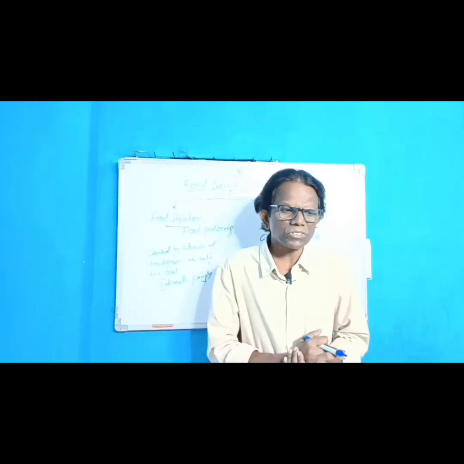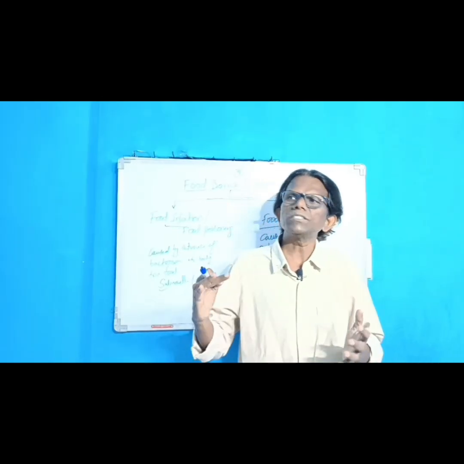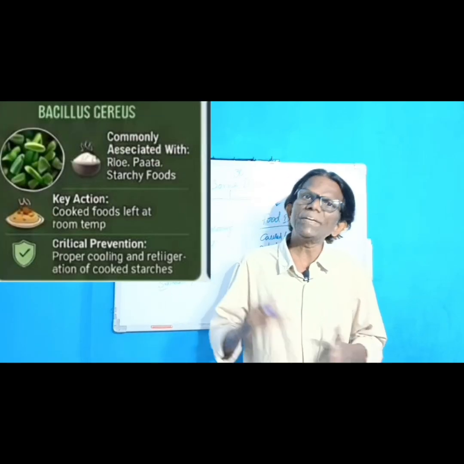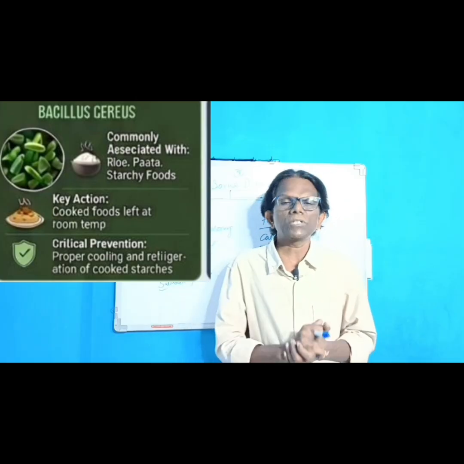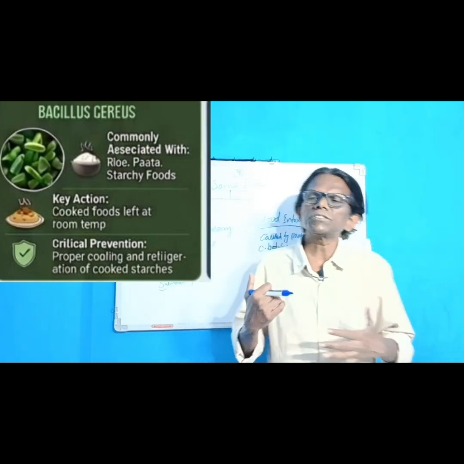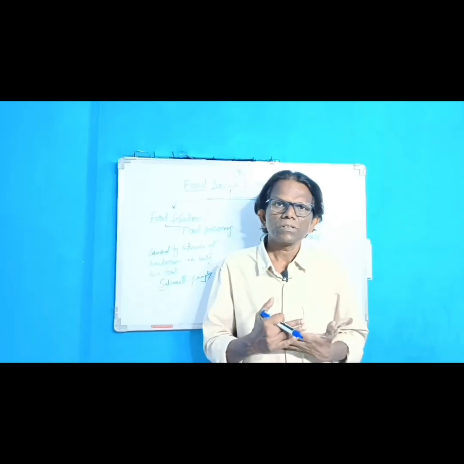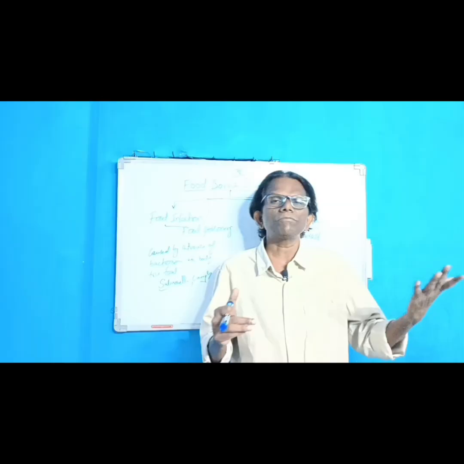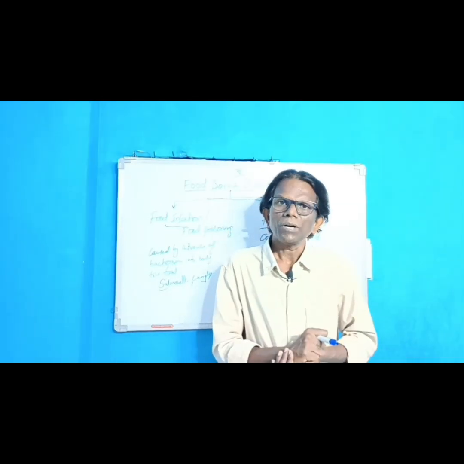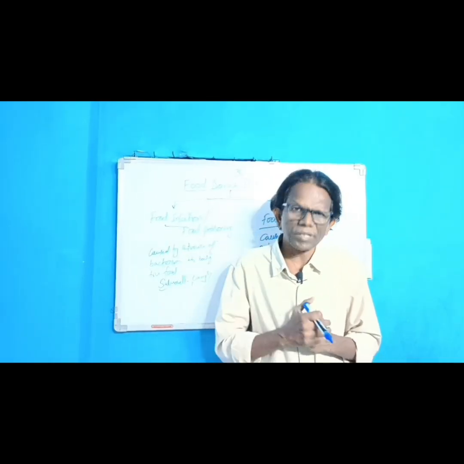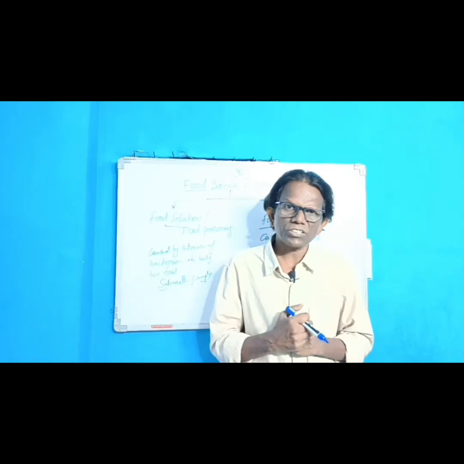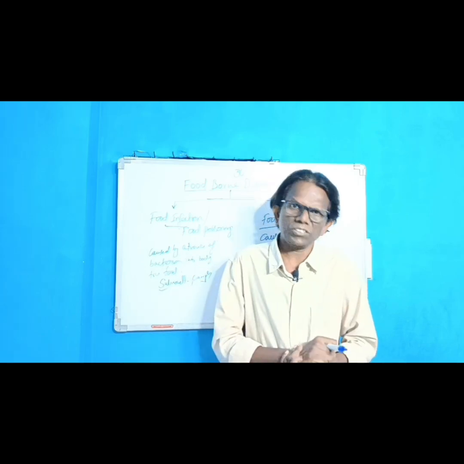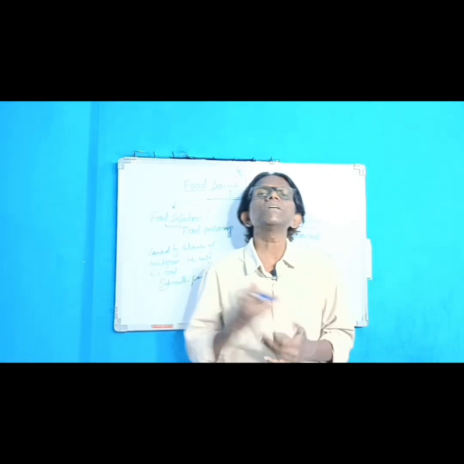Then another kind of toxin: cooked rice, if you keep it at room temperature, the Bacillus cereus bacteria will produce emetic toxin. That is also a heat stable toxin. Emetic toxin means vomiting sensation. If after cooking you keep the food, or any starch based food like potato, at room temperature for several hours, Bacillus cereus produces emetic toxins. A vomiting sensation and diarrhea will occur. These are the symptoms.